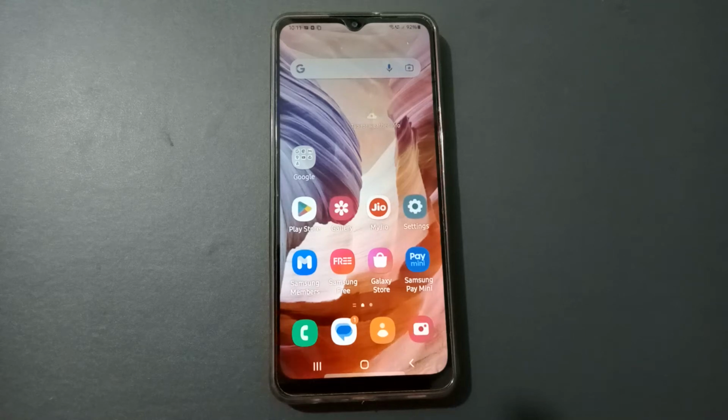Hello friends, today in this video I'm going to show you how to change screen timeout on a Samsung